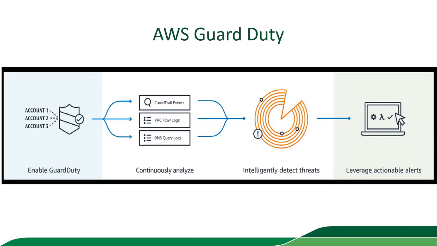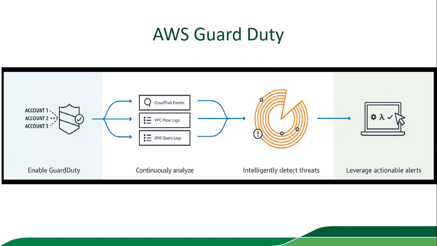And then GuardDuty can perform intelligent threat detection. Just keep in mind that it detects the threat, right? And if you have to mitigate the threat, you have to use a Lambda function for automatic remediation, right? So GuardDuty itself will not remediate the threat. It will help you in identifying the potential threat, and then we have to take actions,